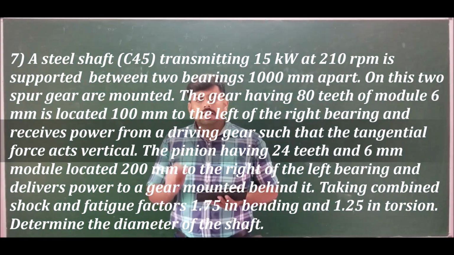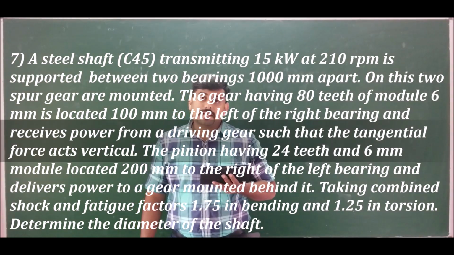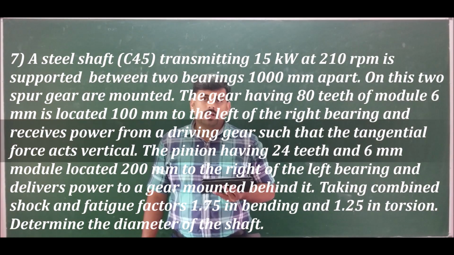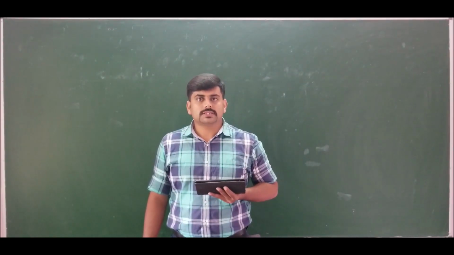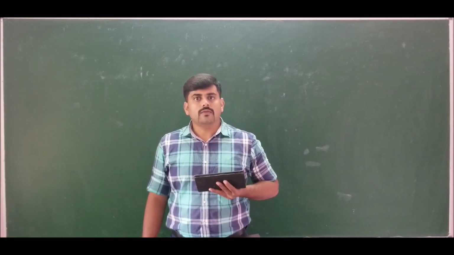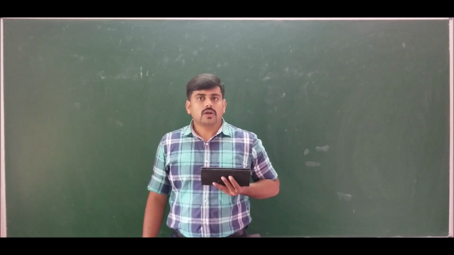In order to clearly understand this problem, I should note down the data and also draw the space diagram, which is very important. Let me draw the space diagram first. Also, he has not specified the direction of view and rotation. As I said, if the direction of view and rotation are not specified, let us always assume left side view with prime mover rotating clockwise.